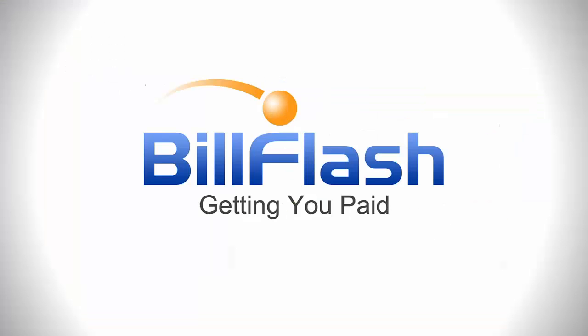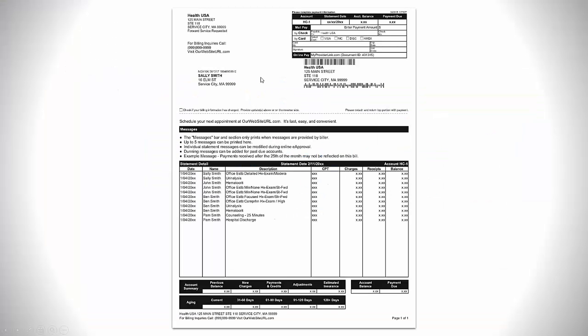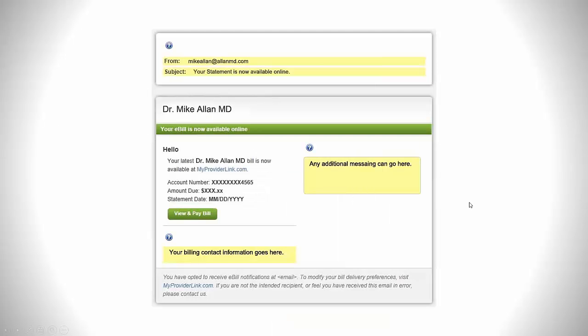I'll show you an example here. One of our paper statements, this is a print image. Right here where it says online pay, I can get to My Provider Link from here as well. I'll just breeze through a couple statement options. We've got some different color options. But here's that e-bill. So then I have this link here on my email as well where I can view